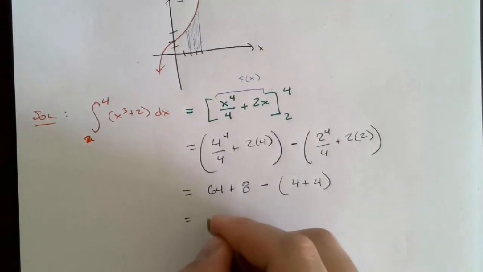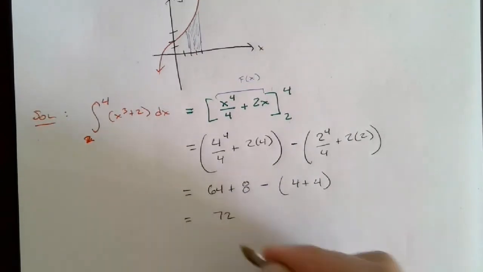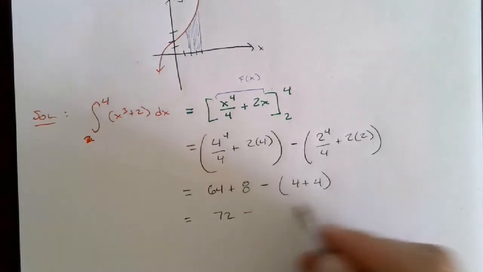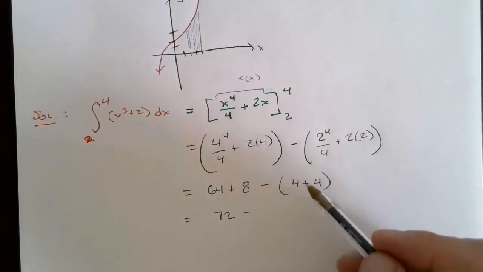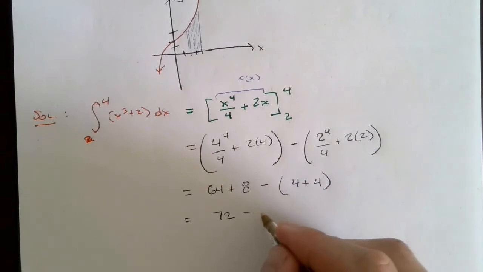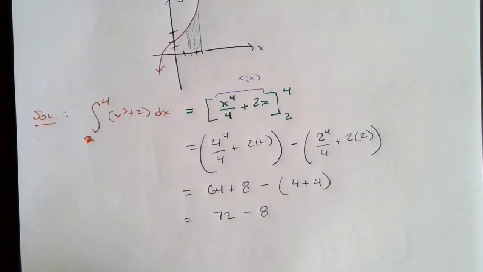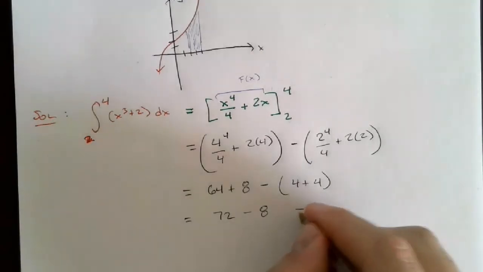And this gives me 64 plus 8 gives me 72, minus 4 plus 4. You could actually add these. You could also distribute and then add them. Either way is the same. 4 plus 4 gives you 8, so this is 72 minus just 8. I can drop the parentheses because 8 is the only term there. And then 72 minus 8, well, that's equal to